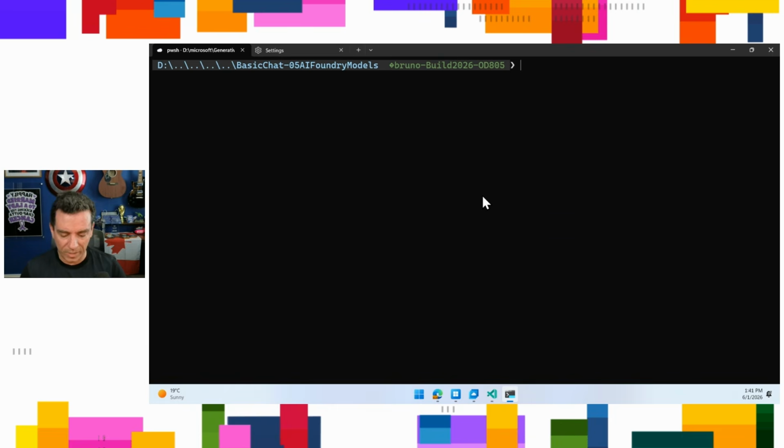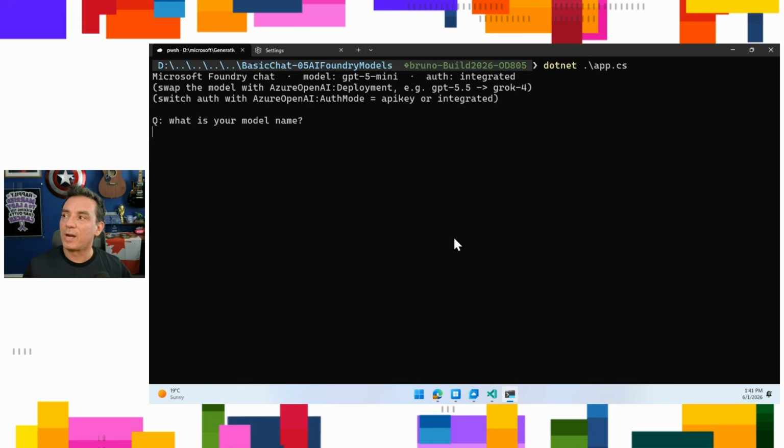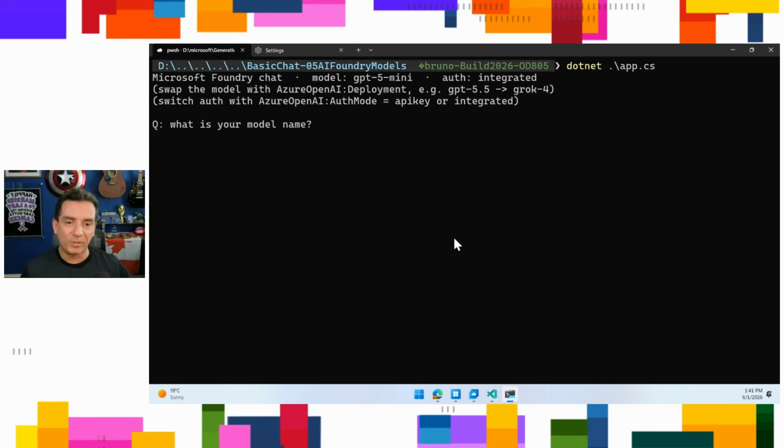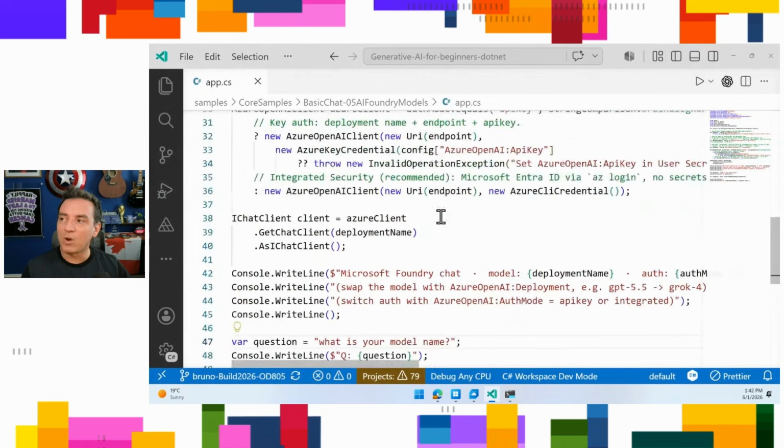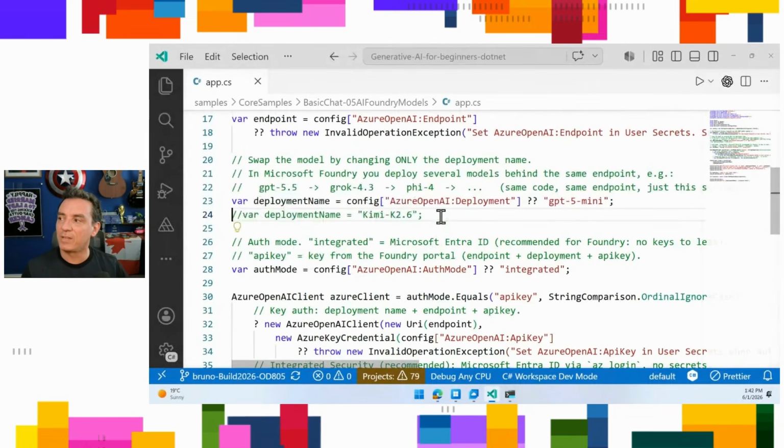I am in the file. Yes, let's do dotnet app.cs. We are using GPT-5 here. We are asking, what is your model name? And after a couple of seconds, we are going to have the response saying, hey, I don't have a personal name. I am an AI assistant based on the OpenAI GPT family. So that's fine, because usually you can probably ask for the model card, but they usually don't give you the name. However, I can go back to my code and let's change the deployment name to use Kimi,